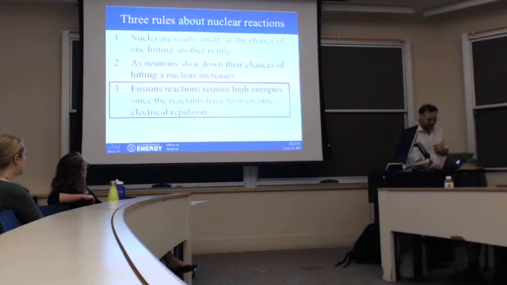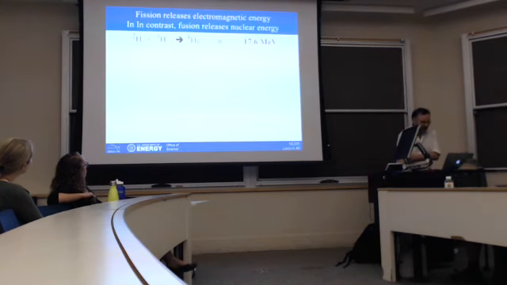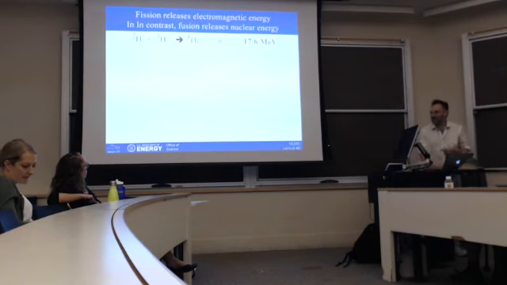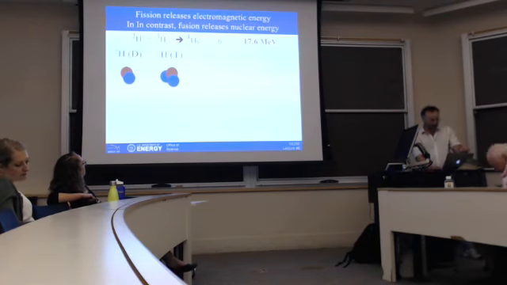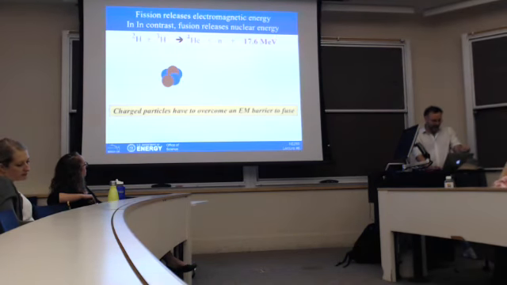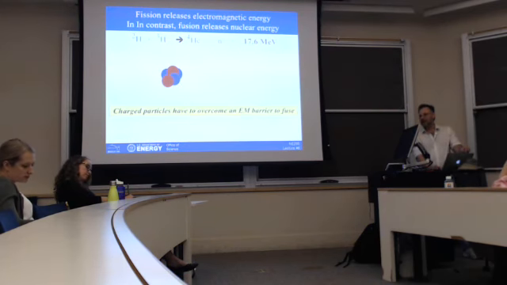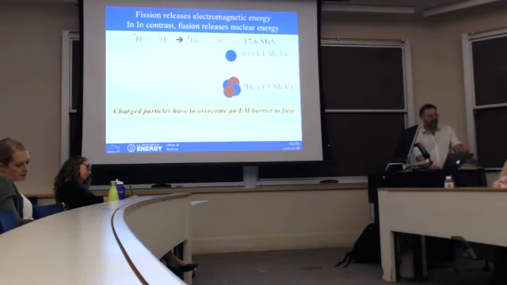All right, fusion. Fission releases electromagnetic energy. I've already gone through this before, and I didn't even correct my title before. In contrast, fusion releases nuclear energy. The main reaction that we've used for a long time in nuclear weapons is deuteron on triton. This reaction goes on only if the deuteron and triton can get to within that 5 Fermi magic distance. And then you shoot out with a 14 MeV neutron and a 3.5 MeV helium-4 nucleus, which we call